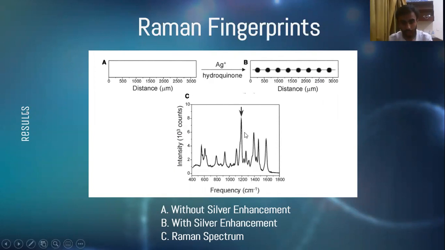You can easily see how sharp these peaks are. So you can very precisely detect what DNA is present and where it exactly is. So the reason why this is being called the Raman fingerprint is because you can use this particular sequence for any experiment in which you are going to identify a particular oligonucleotide sequence. So let me reiterate that this sequence that you have obtained using Cy3 as a Raman tag